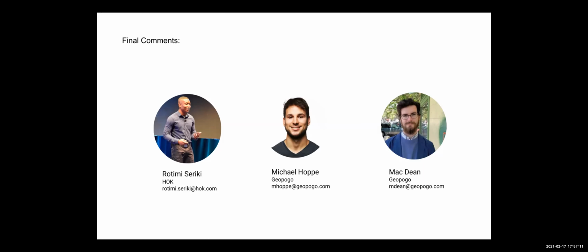So I have learned, over the past 11 months, about all the tools out there. The future is brighter in terms of being able to collaborate more, because it's not just going to be in person. Yes, in-person collaboration is absolutely fantastic, but also being able to collaborate on a platform like Geopogo,